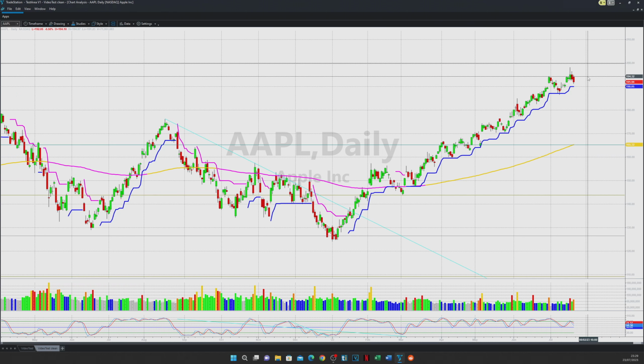There is again the divergence of continuation. It didn't finish. So if you want to break the divergence, it needs to break the 415. If it moves below the 415, it could break the divergence and probably try to reach the 400. And below it, closing the gap, the 306. This is a big fall for the downside. So be very careful. Even though it's still positive, it's much weaker. There is no big momentum.